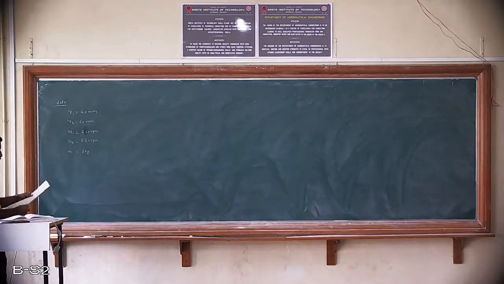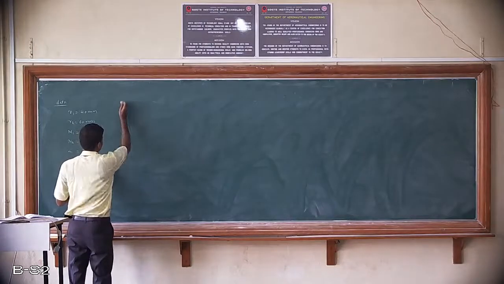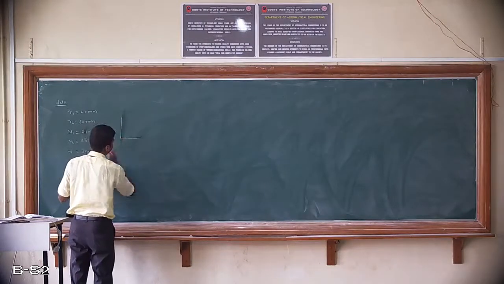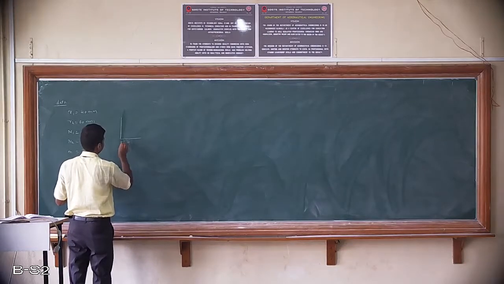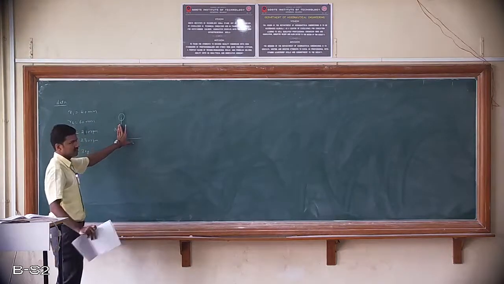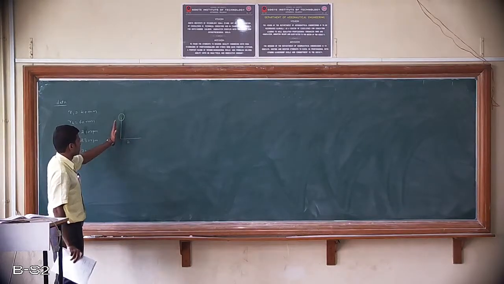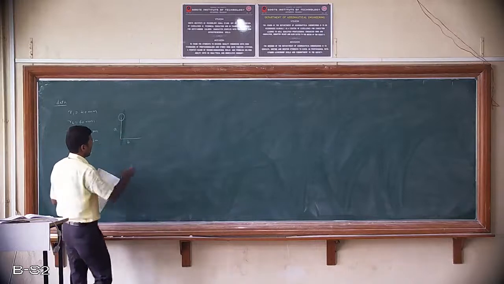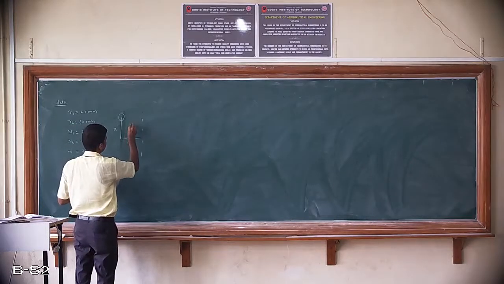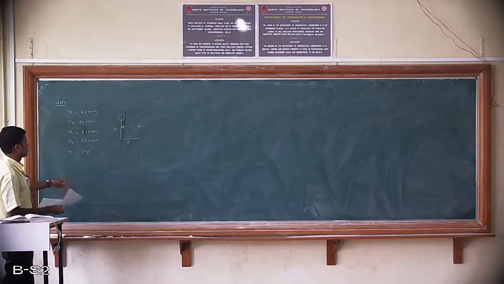The lengths of ball and sleeve arms are equal. If I consider the figure for the Hartnell governor, this I call B, and this I call A, and this is the ball. I have considered one half of the governor. So this length is B and this length is A. This is the ball mass, and if this is the axis, then this radius is given. There are two radii. One is R1, that is 40 mm, and in another case the radius is increased,